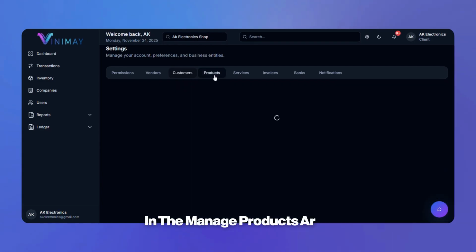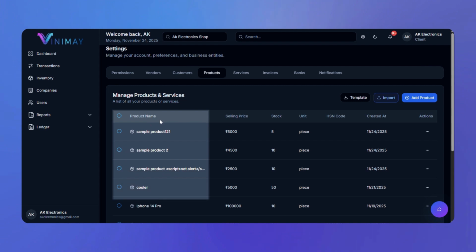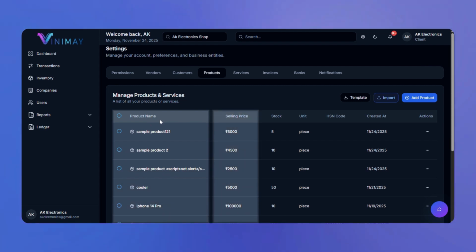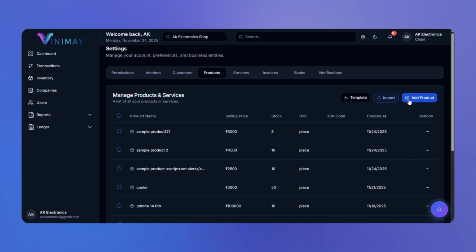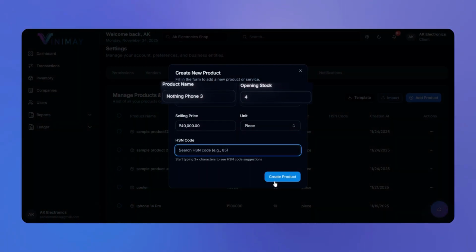Now, let's explore the Product section. In the Manage Products area, you can view a list of all your products, including their selling price, stock, unit, and HSN code. To add a new product, click Add Product. Enter the product name, opening stock, selling price, unit, and HSN code, then click Create Product to add it to